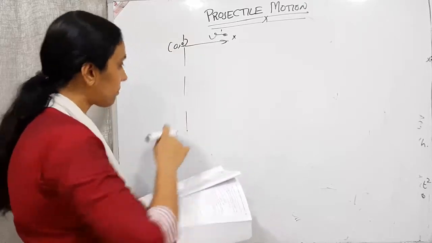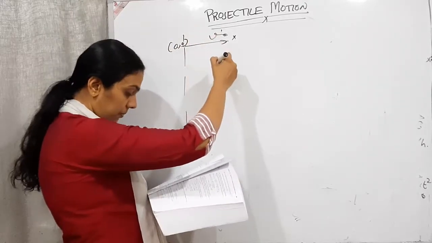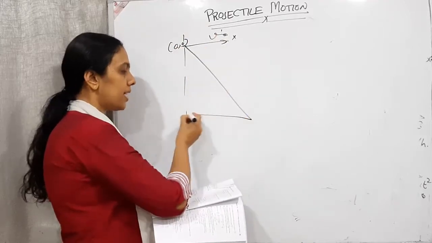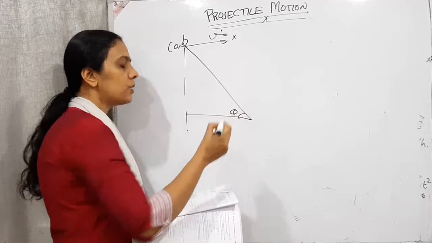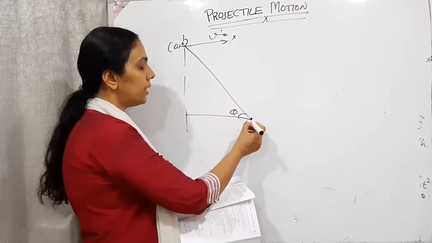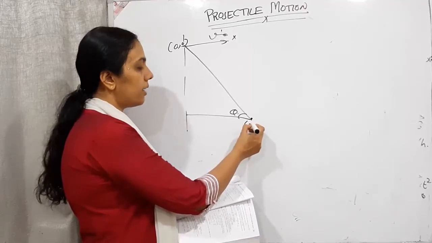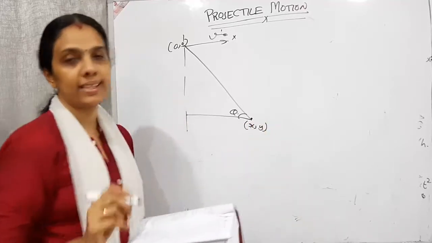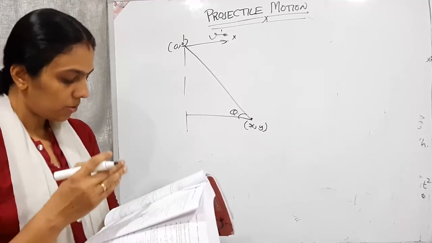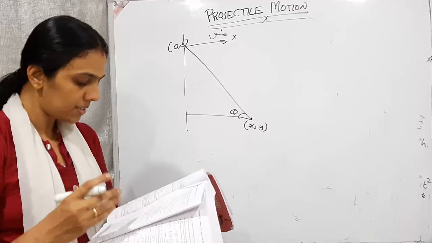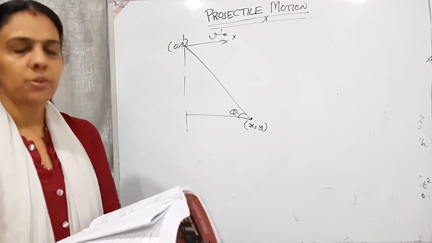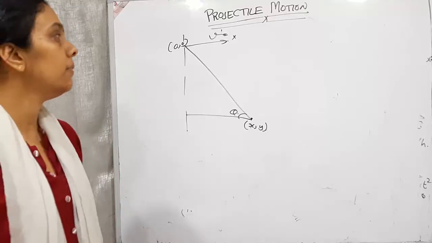And from here it is reaching this point, which is at an angle theta. So we need to find out the coordinates at this point. That means we need to find out x, y after time t seconds, in terms of theta. While looking at the options, they are in terms of V0, theta and g. So in terms of V0, theta and g we can find out.